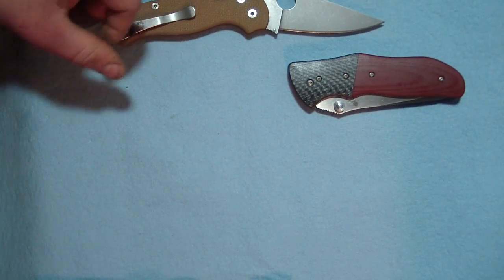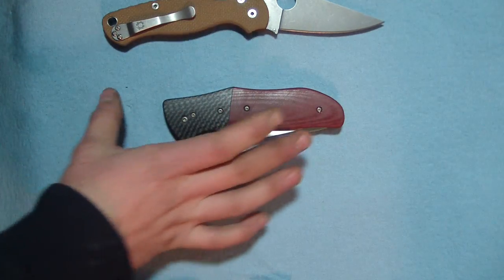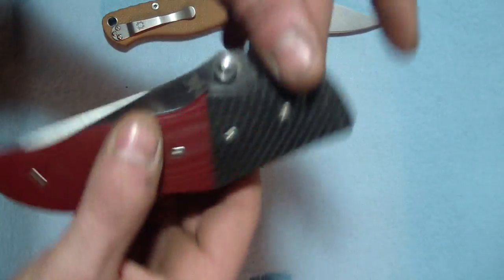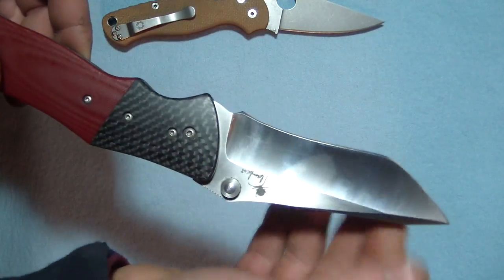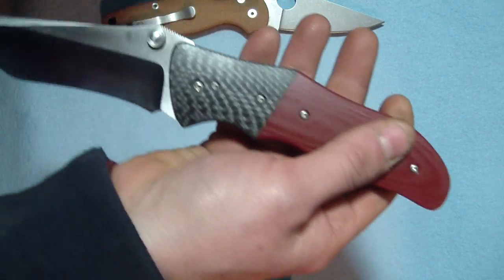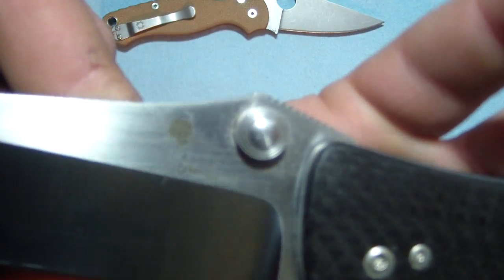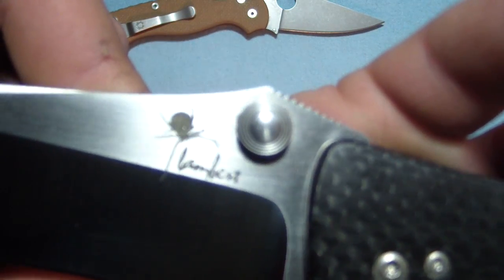But anyway, what I've got in front here is something I'm working on. I just thought I'd show it to you guys because it looked pretty cool. This is how it came. This is a custom Kerby Lambert. Very smooth, ridiculously smooth knife. You can definitely see the guy makes some quality stuff. This is the first time I've handled a custom. It's insanely sharp, just insanely sharp. It's got that cool spider logo there,